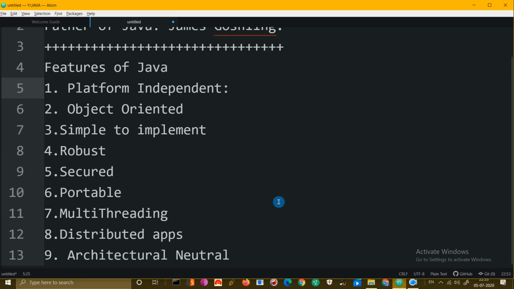Whenever we create a Java file and we try to run it, then we get a file called .class file. I'll show you in the demonstration later in this video. So we'll get a .class file. So that .class file can be run on any system or any laptop or any PC which has Java installed in it. So that's all platform